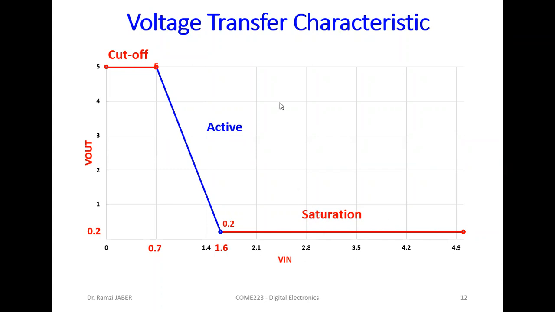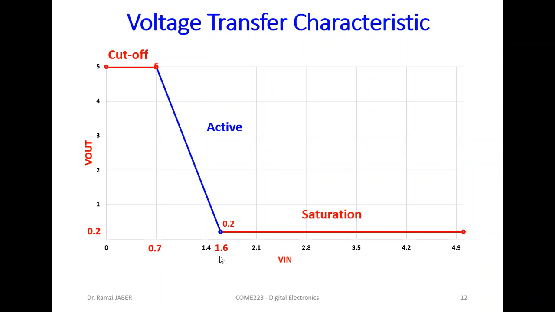So in a transistor we have 3 modes: cut-off mode, active mode, saturation mode. In the inverter, in cut-off the output is high, 5 volts. In saturation the output is low, equal to 0.2 volt, and the input is in between the input